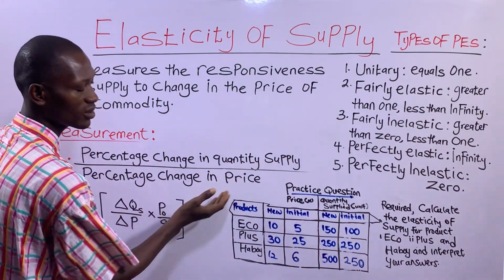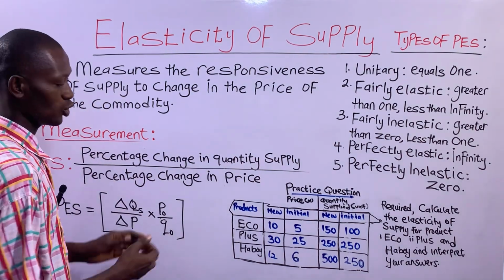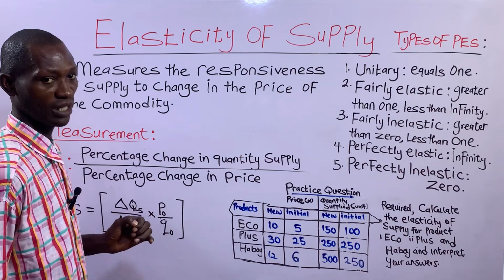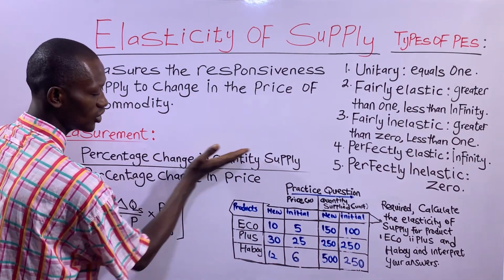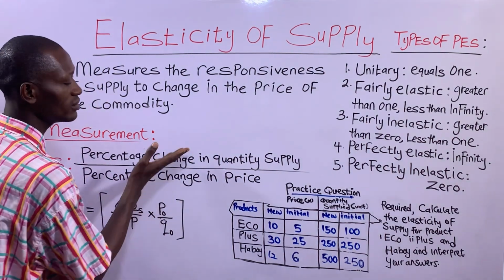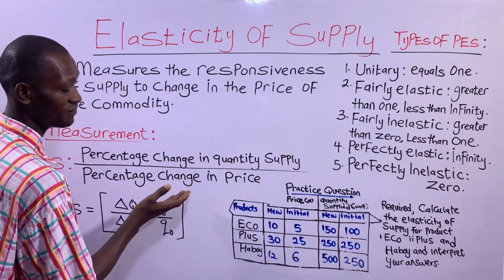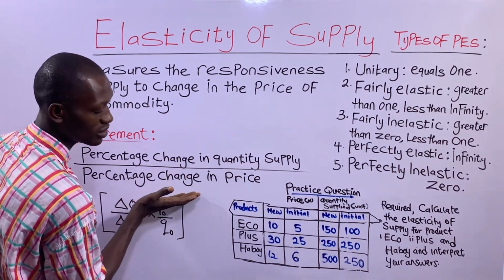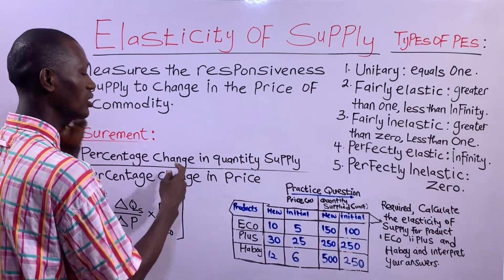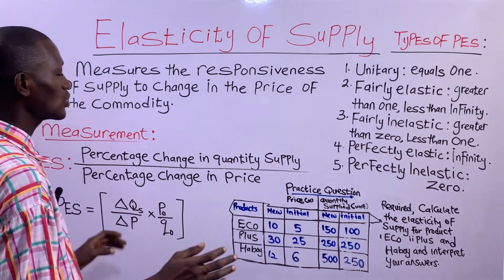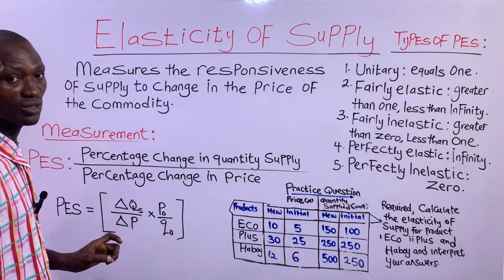So any change in price will bring about change in quantity supply. Like I said, change in price is the independent variable, and the independent variable determines the dependent variable, which is change in quantity supply. The dependent variable is determined by the independent variable, which is change in price. So the independent variable, change in price, will bring about a certain percentage change in the quantity supply. So this that we have here, percentage change in quantity supply divided by percentage change in price,